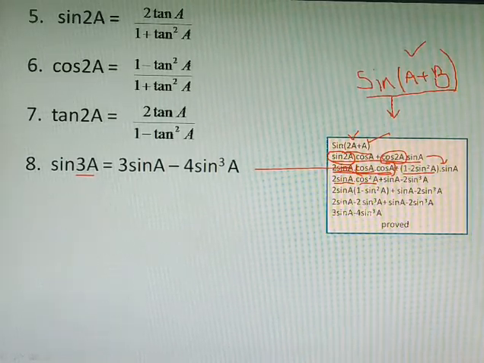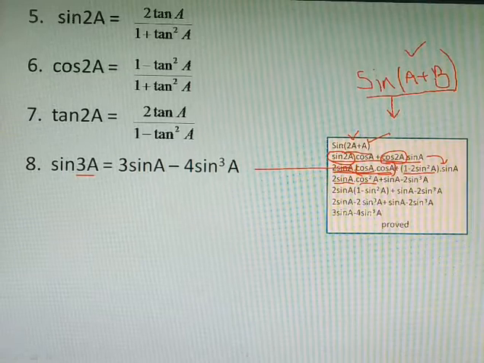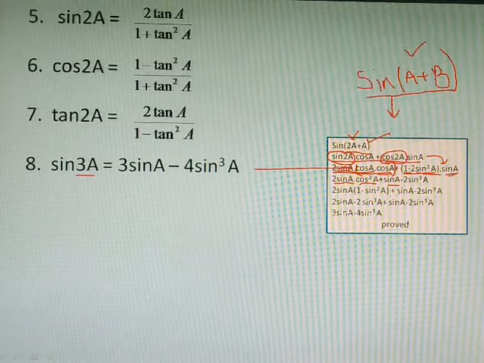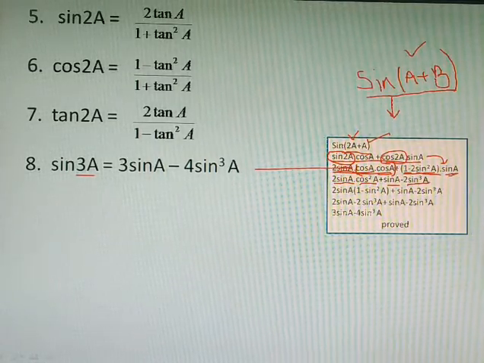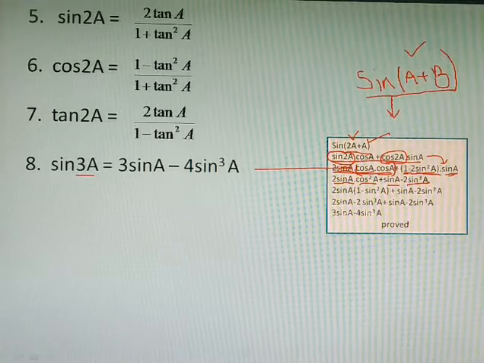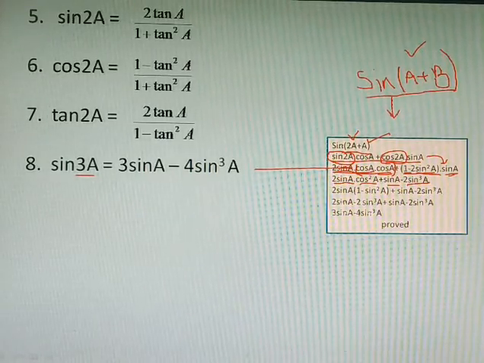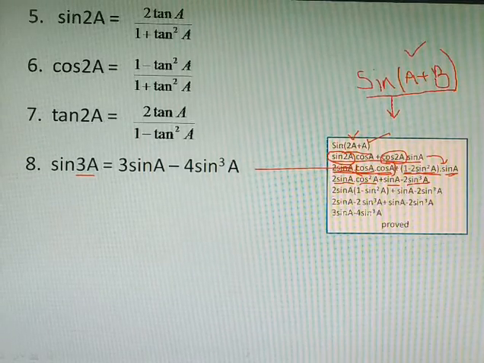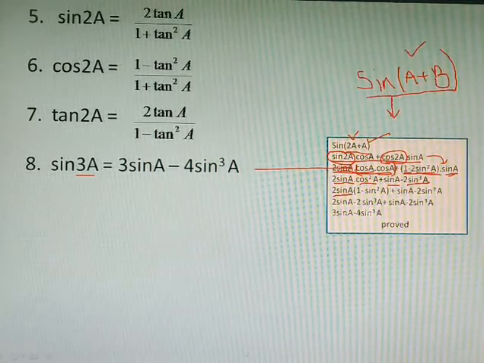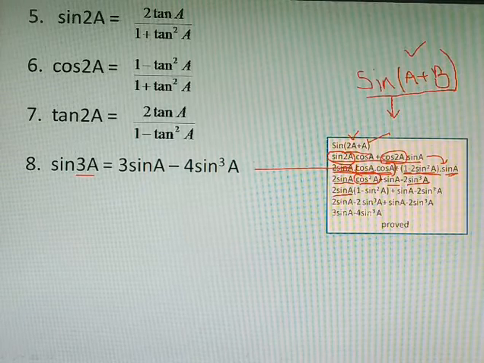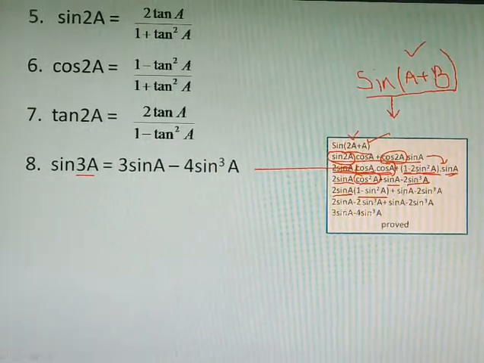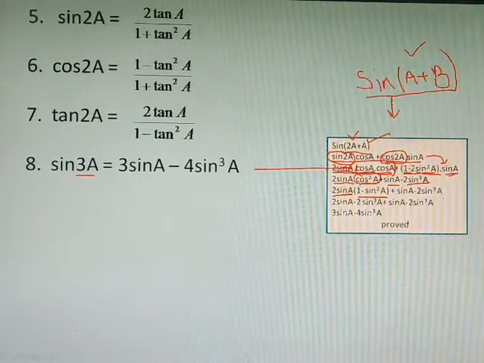In the second part, when we multiply this one with sin a, that will be sin a, and again 2 sin square a into sin a will be 2 sin cube a. Minus sign comes by the product of minus and plus of these two factors. And in the next step, 2 sin a, now cos square a can be written as 1 minus sin square a, plus sin a is same, minus 2 sin cube a is same.